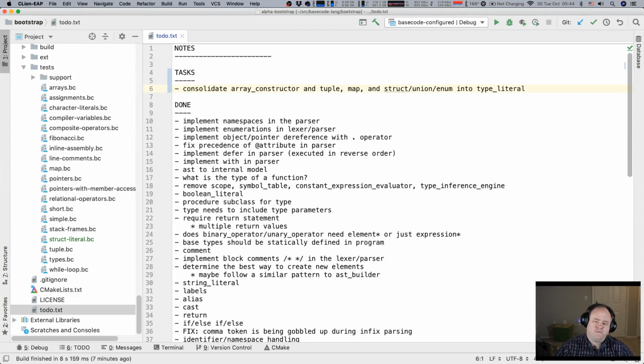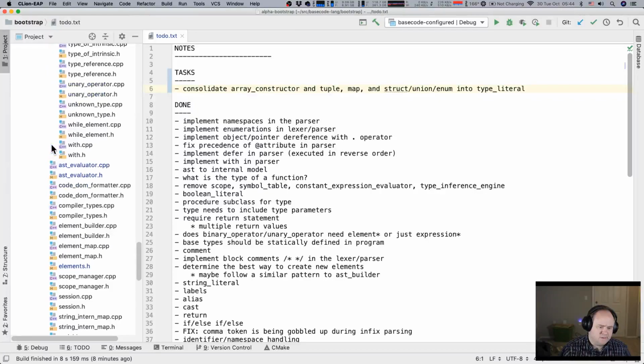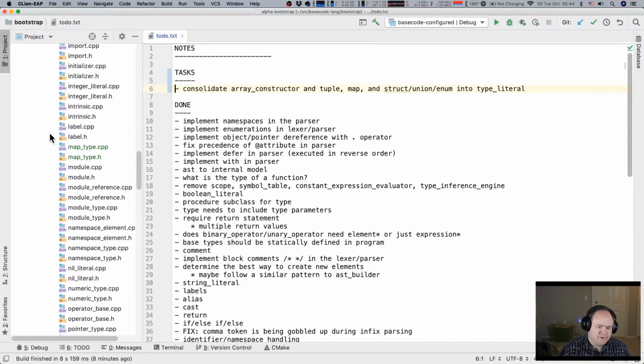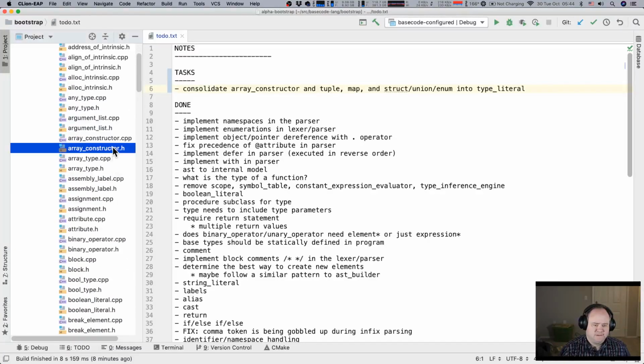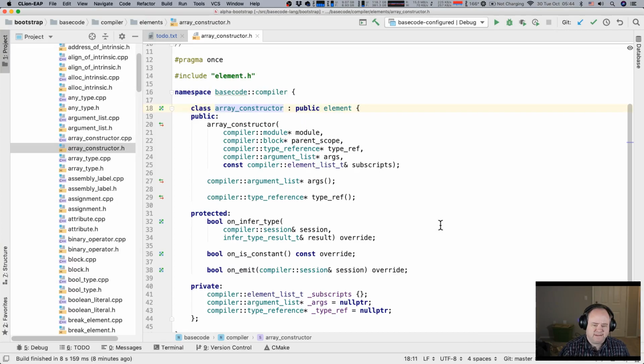So what I'm thinking here is maybe, I gotta ruminate about this a little bit, but maybe on the literal side of things, I can consolidate some of these things down, because we have arrays, maps, and then we're gonna have struct, which will be struct and union literals.